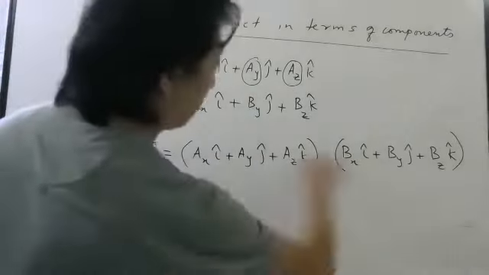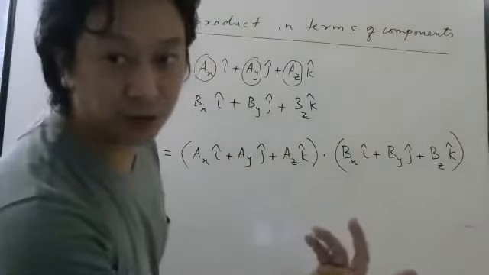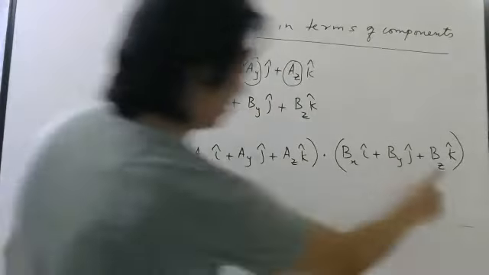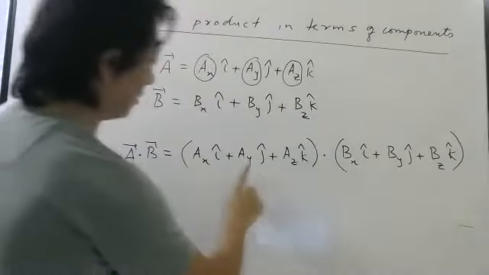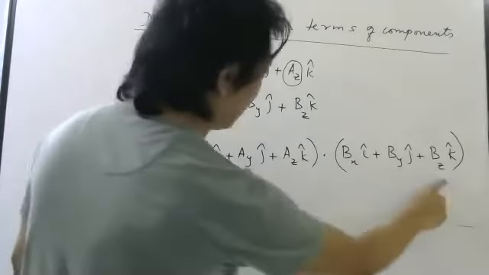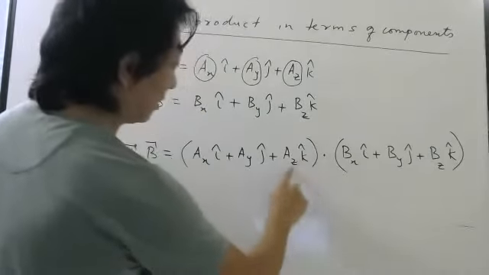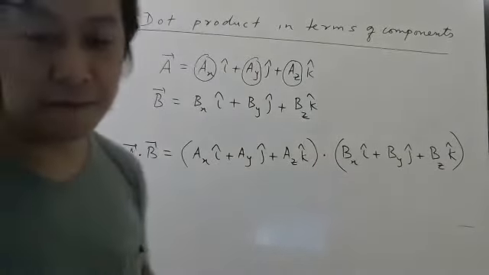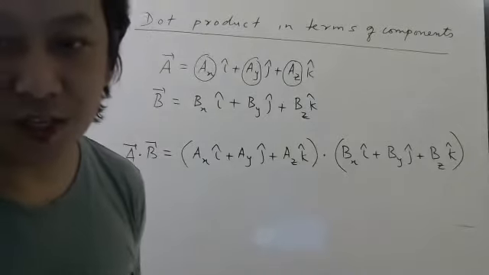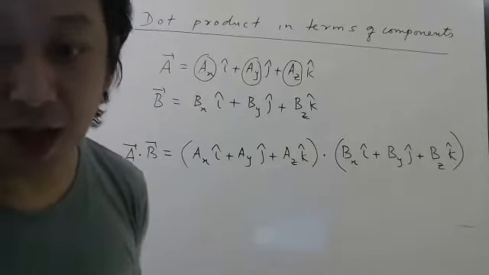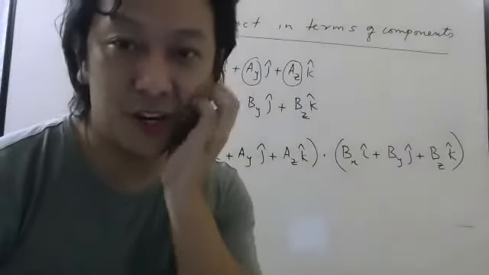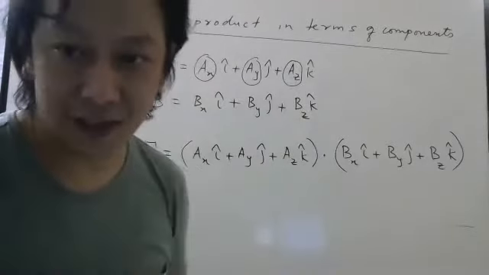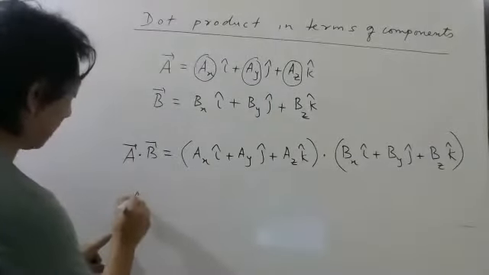Now, how do you take the dot product? You have to apply the normal rule. This dot this, this dot this, this dot this. Then this dot this, this dot this, this dot this. Then again this dot this, this dot this, this dot this. All together, how many terms will you get? Without writing, you tell. How many terms should be there? 9 terms should be there. But the beauty of the dot product is that out of those 9 terms, 6 terms will be 0. Let us check.